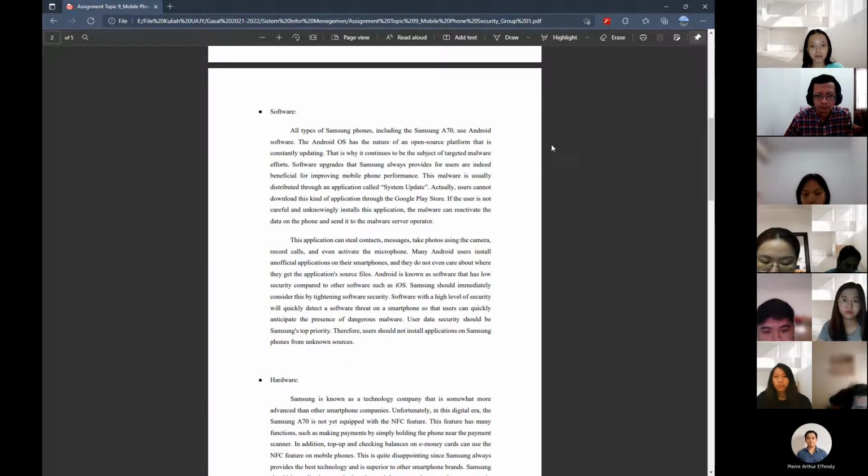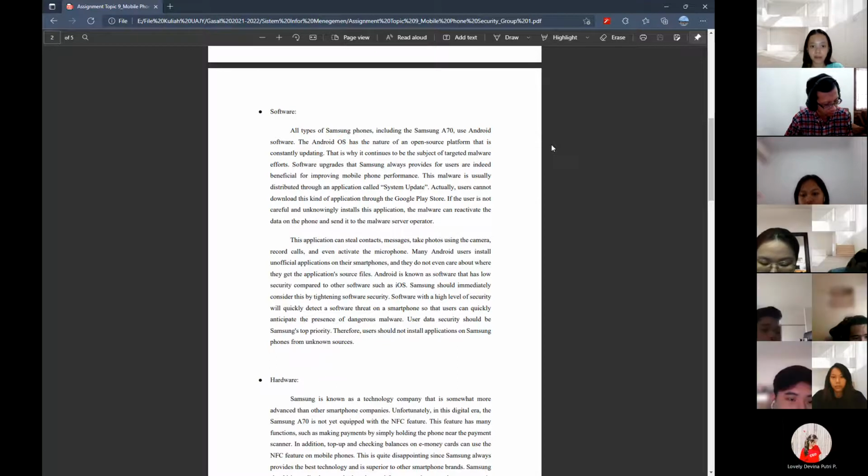Software with a high level of security will quickly detect a software threat on a smartphone so that users can quickly anticipate the presence of dangerous malware. User data security should be Samsung's top priority. Therefore, users should not install applications on Samsung phones from unknown sources.